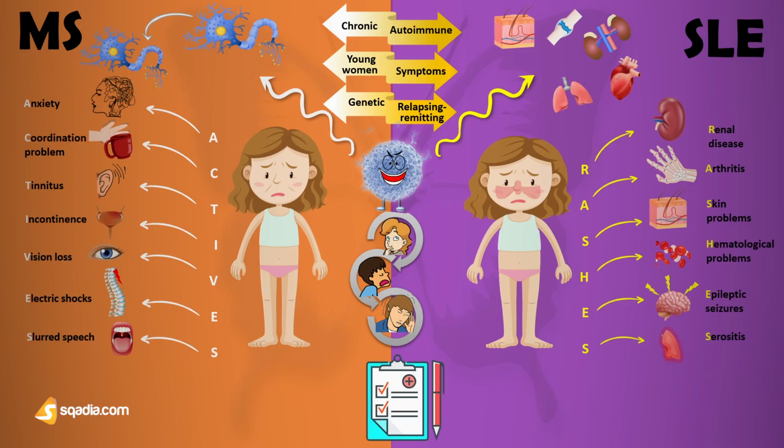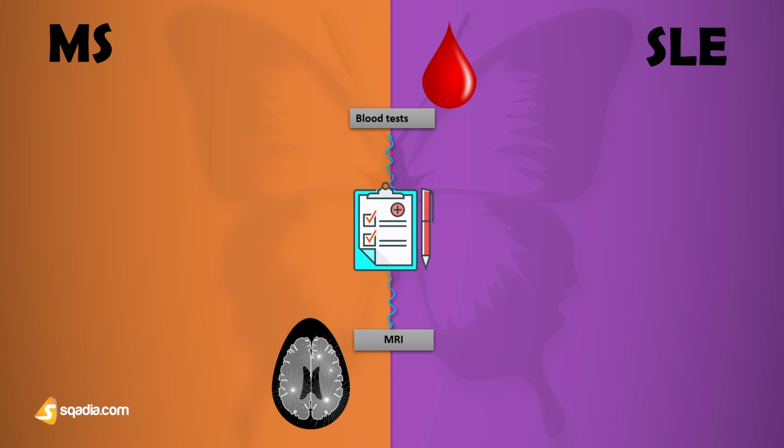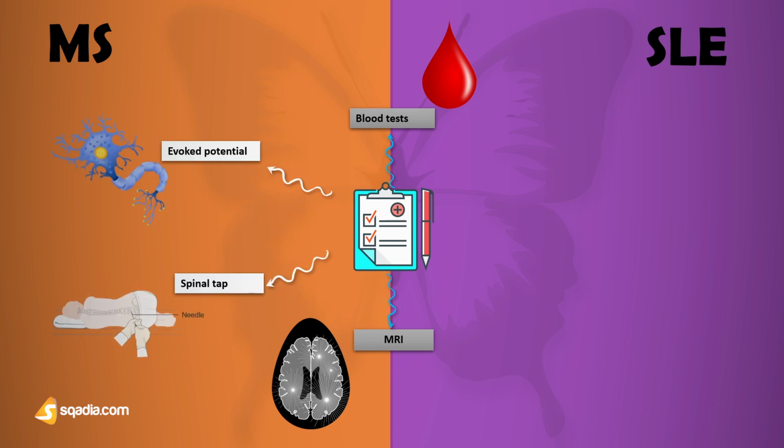Now, if we talk about the diagnosis of both of these diseases, they are mostly symptom-based. First of all, a doctor may employ different blood tests to weed out other diseases or for differential diagnosis of other diseases. And then in the case of MS, we will go for different brain scans, specifically MRI, to check for lesions in the CNS or central nervous system or the brain. While a spinal tap exam and evoked potential test may be used to check electrical signals in your nerves.